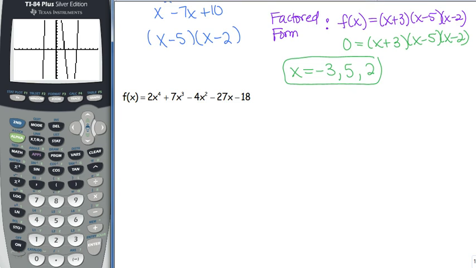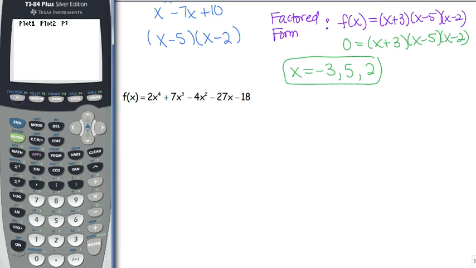When we look at our second one, we've got f of x is equal to 2x to the fourth plus 7x cubed minus 4x squared minus 27x minus 18. So we know that here we can have at most 4 real solutions. So we go ahead and plug that back in. 2x to the fourth plus 7x to the third minus 4x squared minus 27x